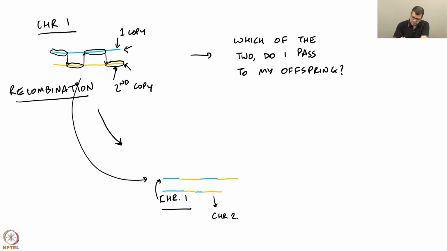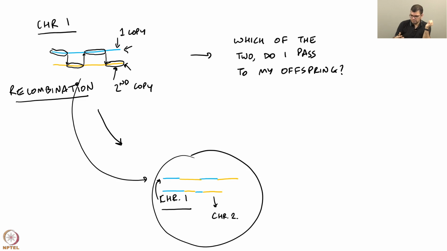Now, this process of shuffling these pairs of chromosomes and generating these hybrid chromosomes, one copy of chromosome for each one of the 22, and then packing one of X or Y, would be done by me. The same would also be done by my partner, and the fusion of these two would lead to the creation of an offspring.